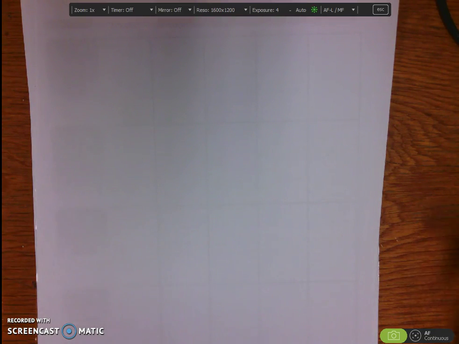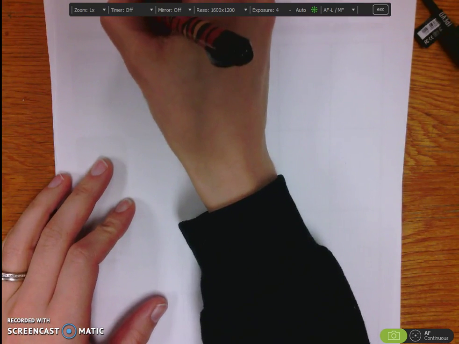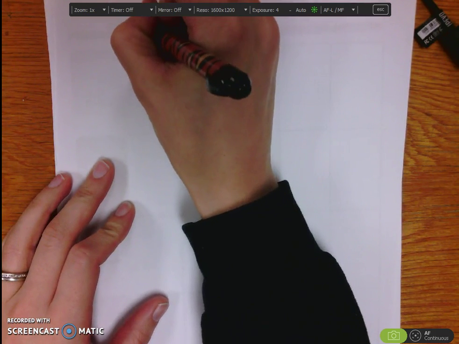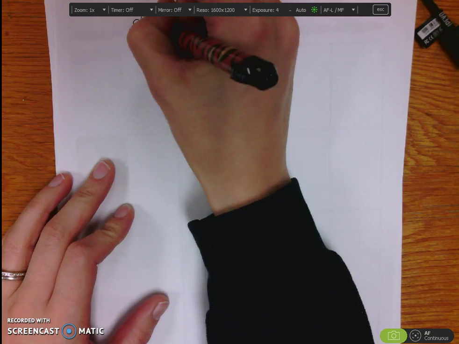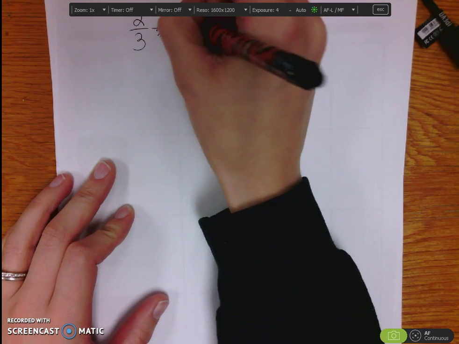Guys, so we're looking at how to find a least common denominator, because remember, when we add and subtract fractions, you always have to find a common denominator that is the same. Okay, and we learned the first trick to make it happen was if we had a problem such as 2/3